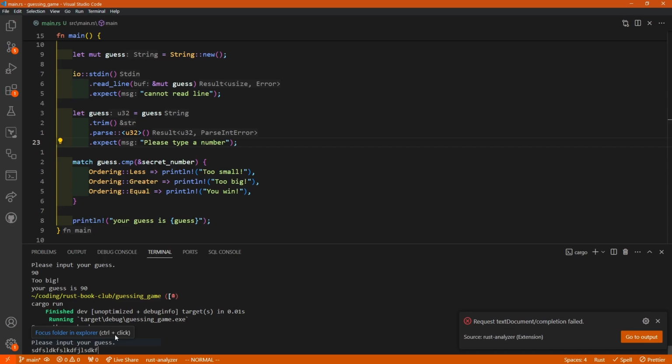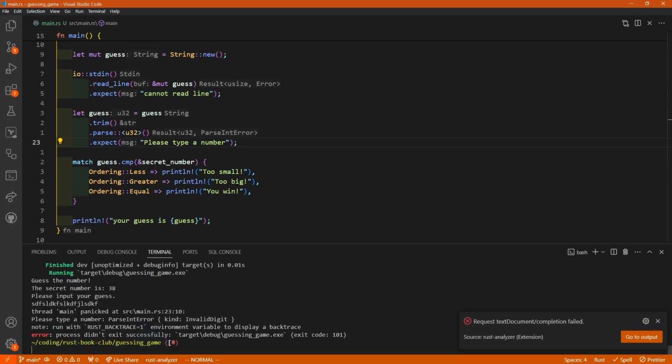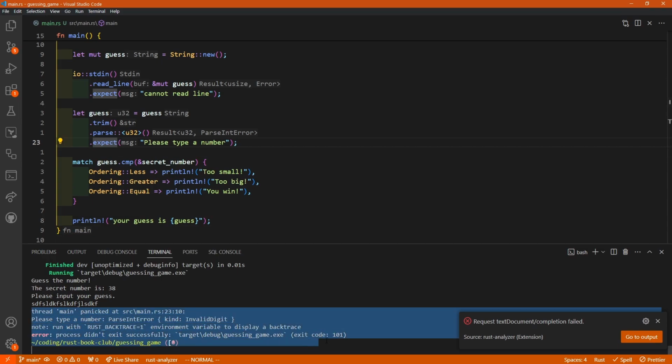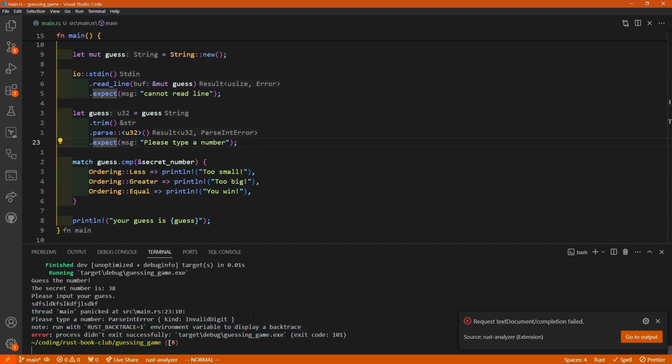Okay. So if I type in something that's not a number, it's giving me this not very great error message. I don't remember if we get into better error handling, but if you're running a program, it's definitely not best practice to just show off the trace like this. But for now, I think it makes the most sense to do it that way. And then here, the book mentions